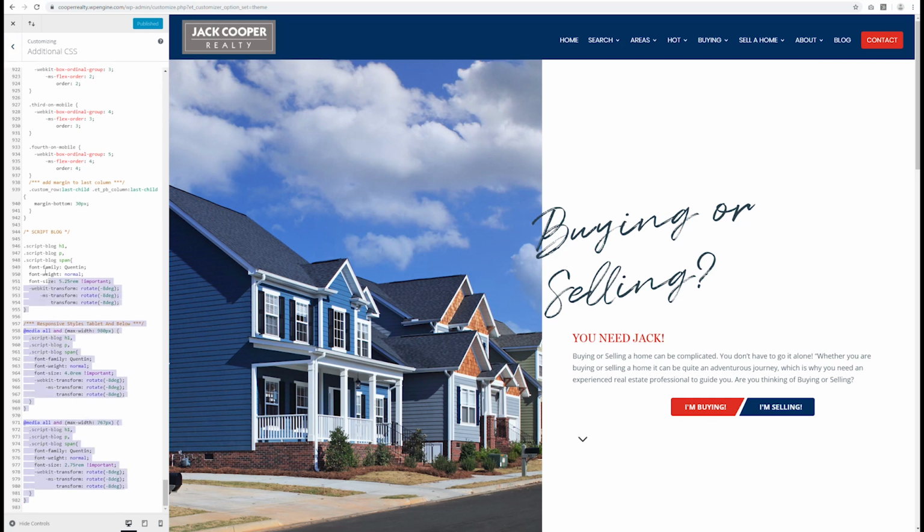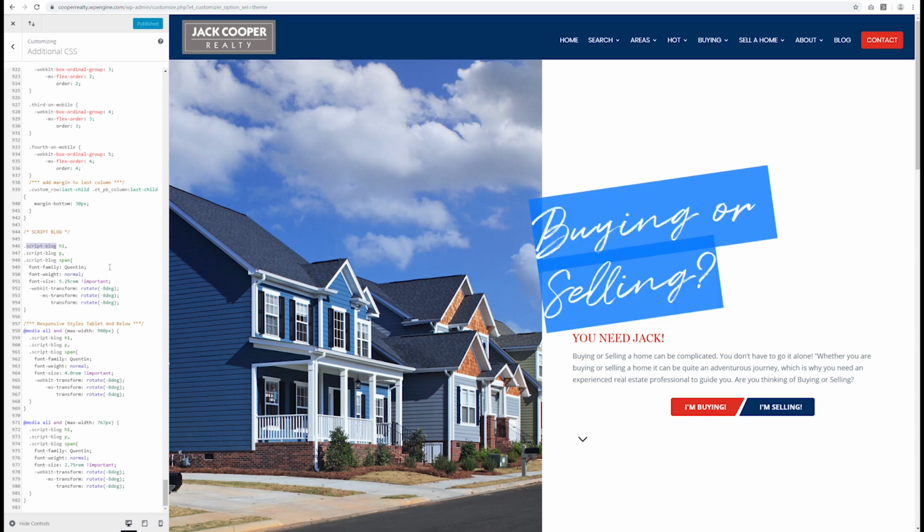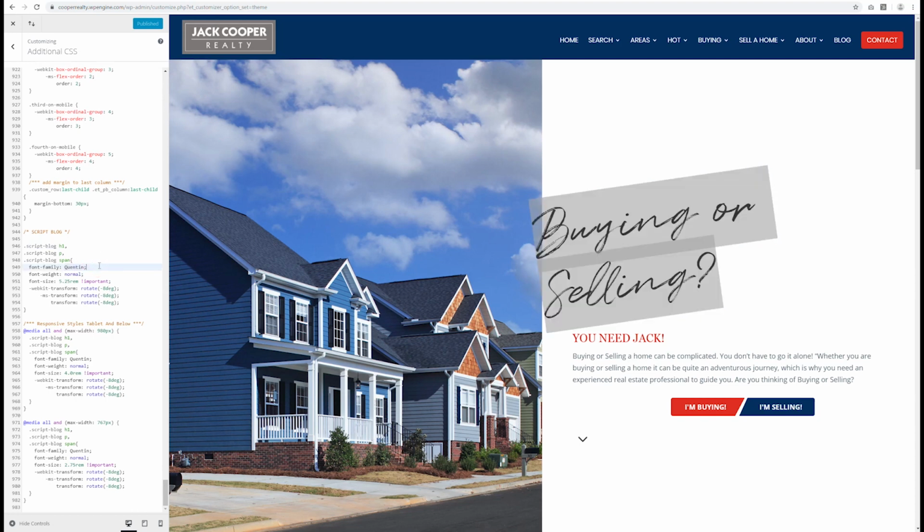So what we added here were these 2 bits. The script blog, that is the class that we assigned to this text in order to make it slant to the side, those 8 degrees, and it sets the font size and the font family to that script. So we've got all that set there,